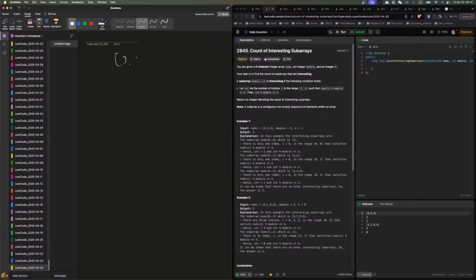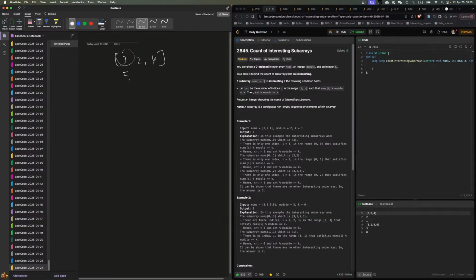Alright, so I have 3, 2, 4, with modulo 2 and k equal to 1. So who has mod 2 equal to 1? Only this one, 3, has mod 2 equal to 1. And we need to count, so mod,